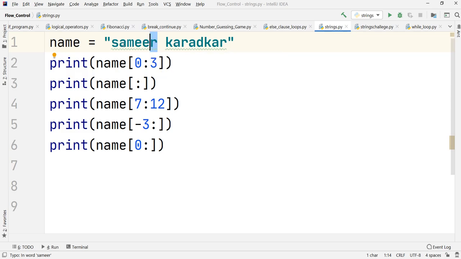So this is 0, 1, 2, 3, 4, 5. I want to go from 0 to 5, but I want to access alternate characters. I don't want to get them in sequence. After this character is printed, I want this character, and after that I want this character. So I want alternate characters. What I'll have to do is put another colon over here, and after the colon put the step size or the step value by which I want to increment. By default it increments with a step value of 1, but if I want the alternate characters, I'll have to specify the step value as 2.